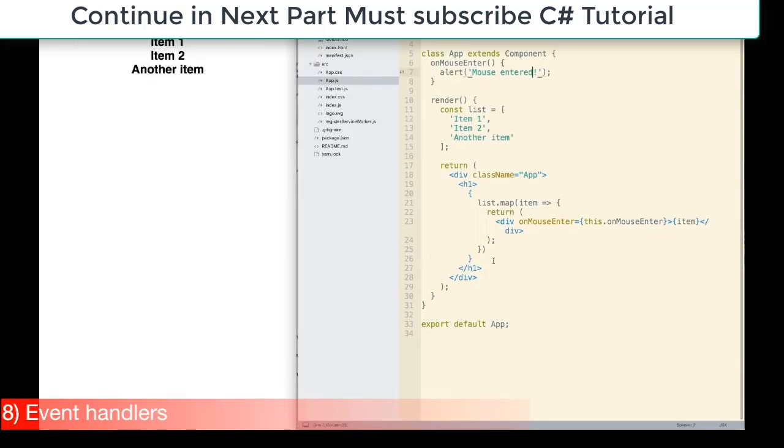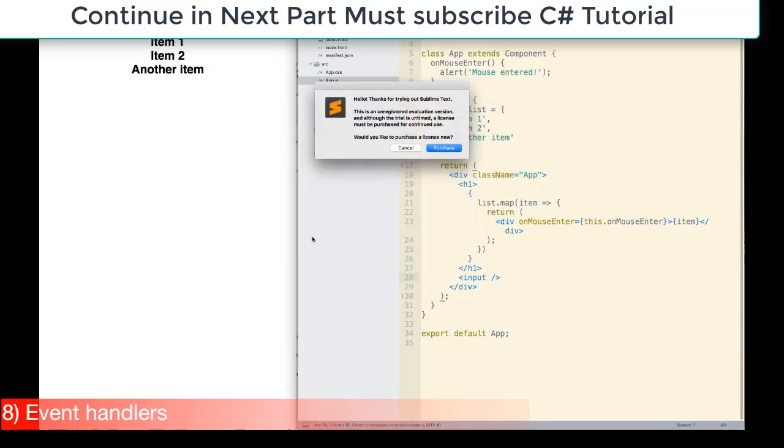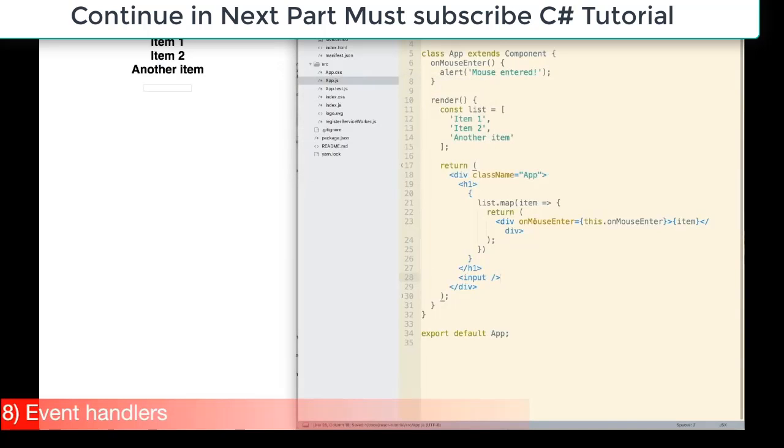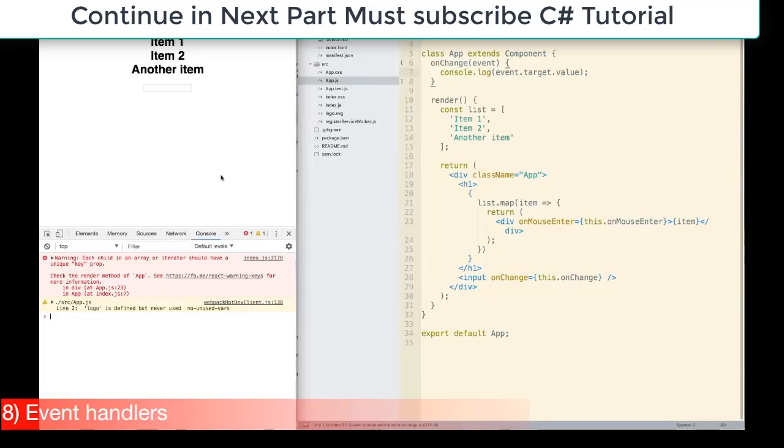Let's try a few event handlers with inputs. So let's create an input down here, and let's just say onChange. this.onChange, let's put onChange up here, and then an event here. And then when it changes, let's console log out event.target.value, which is going to be the value of the input. Let's log that out to our console. I press Command Alt